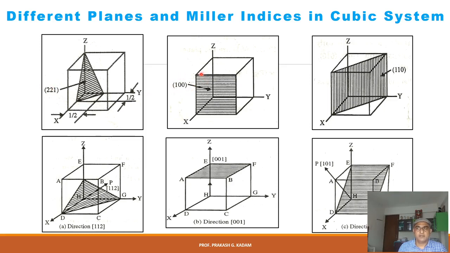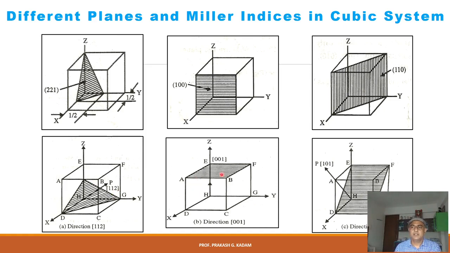Similarly, the Miller indices for this plane are 1, 1, 0. The Miller indices of the diagonal plane in this unit cell are represented by 1, 1, 0, and this one is 1, 0, 0. The Miller indices of this plane, which cuts at this point D, at the end of this unit cell G, and at half distance somewhere here, are 1, 1, 2. You have to use a similar procedure.